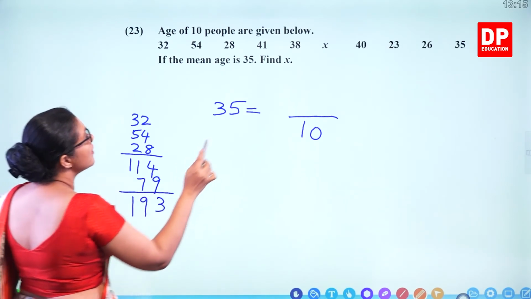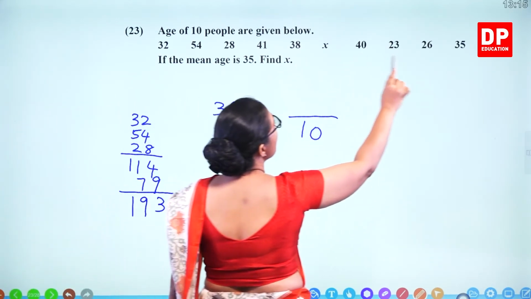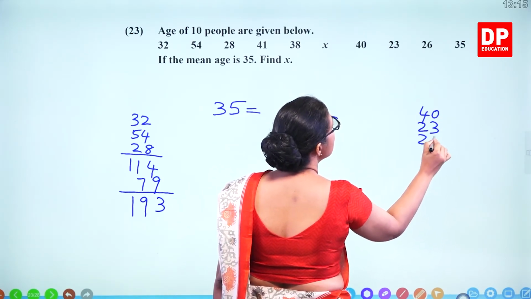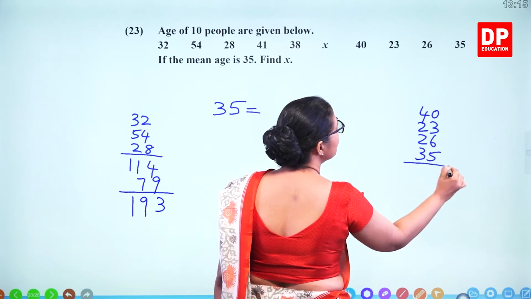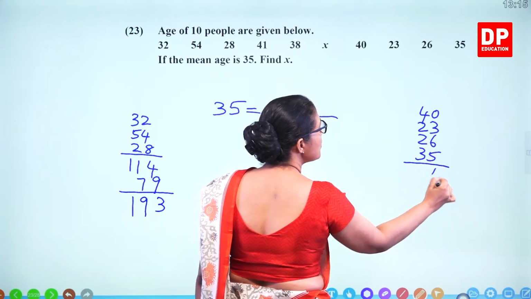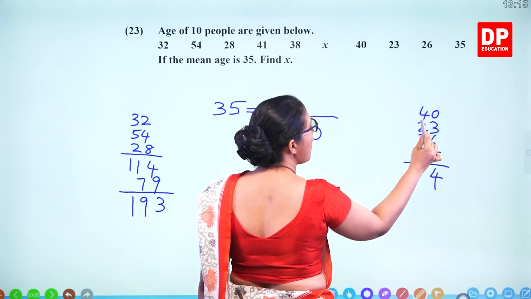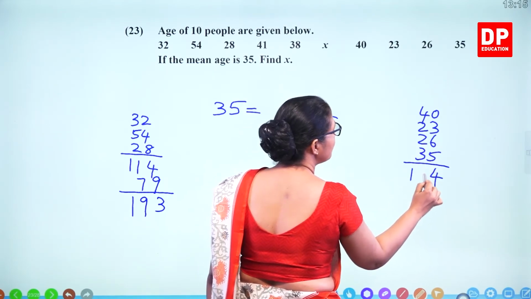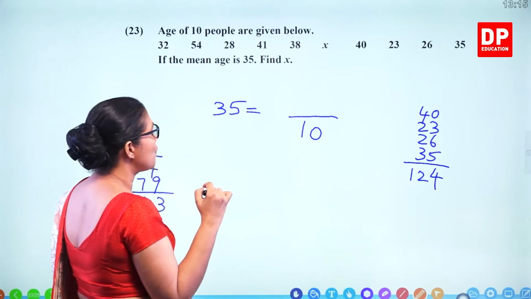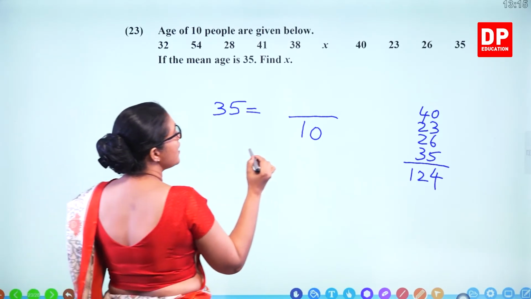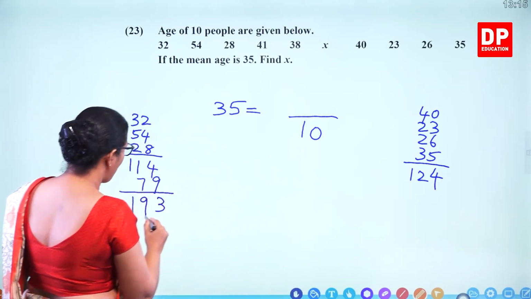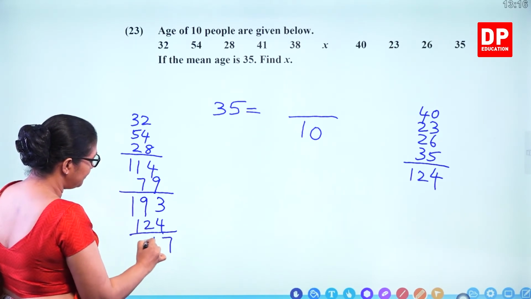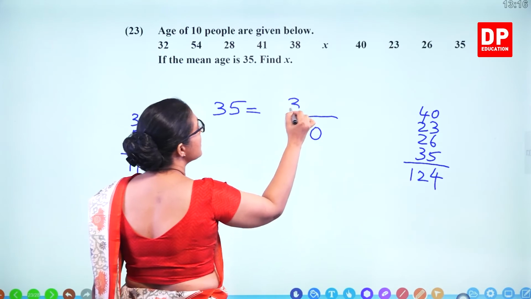So up to here. Then we can add these 4: 40, 23, 26 and 35. 11 plus 3, 14, 1 remaining. 5, 2, 7, 9, 12. 124. So we can write 124 and 193. Total is 317